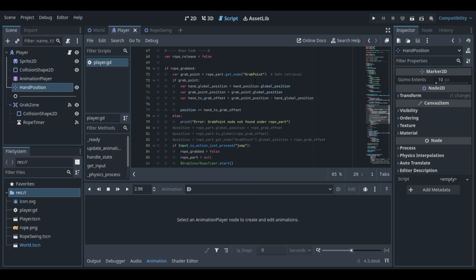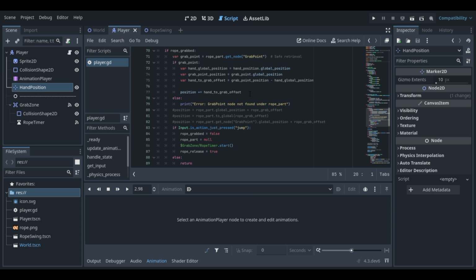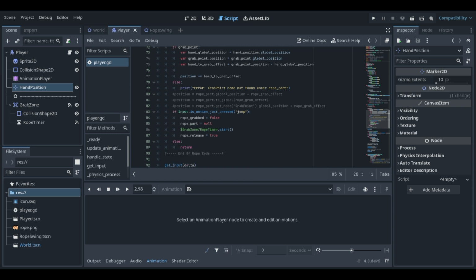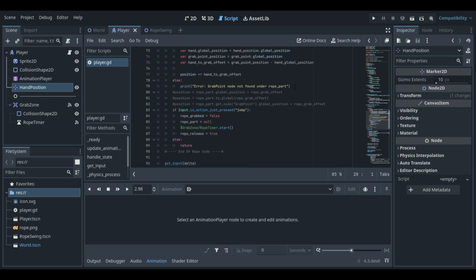Okay, so if grab_point, var hand_global_position, hand_position.global_position, var grab_point_position is equal to grab_point.global_position. So var hand_to_grab_offset: grab_point_position minus hand global position. Then next we have position plus equal hand_to_grab_offset. So we don't need this grab point anyway, you don't need to put it.